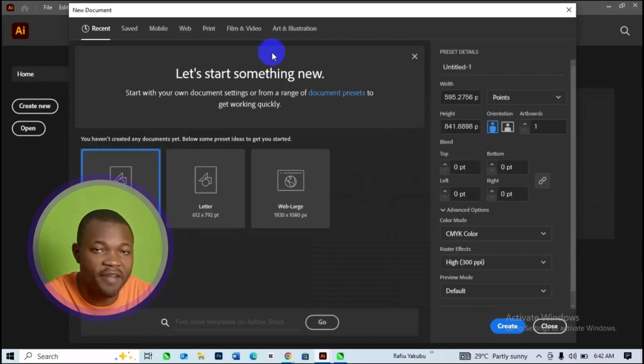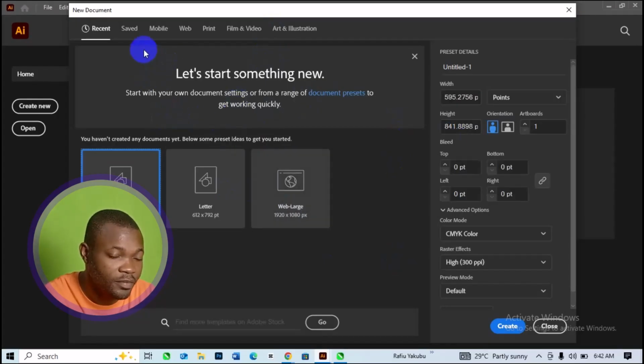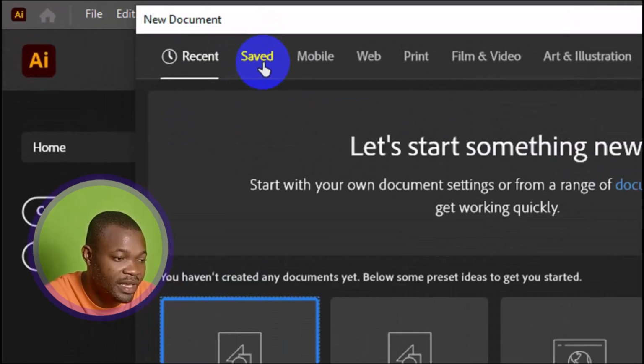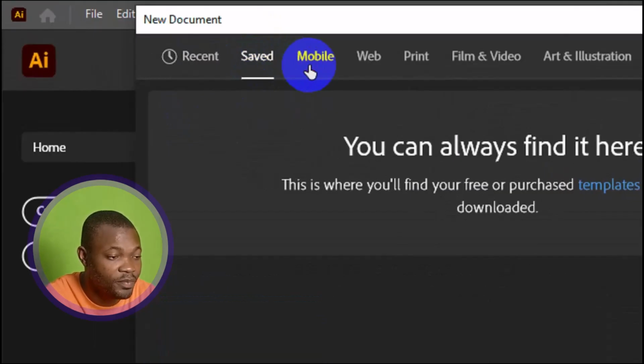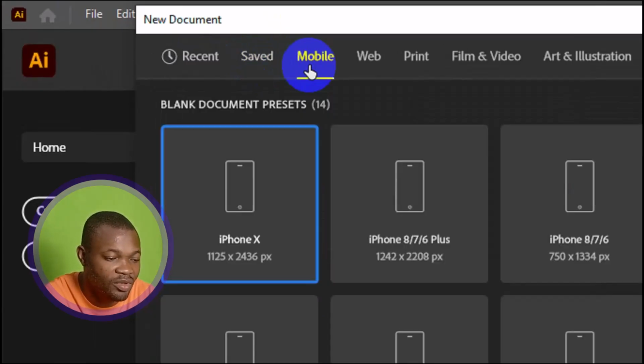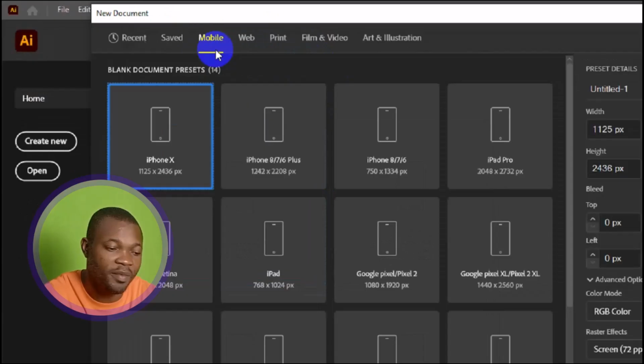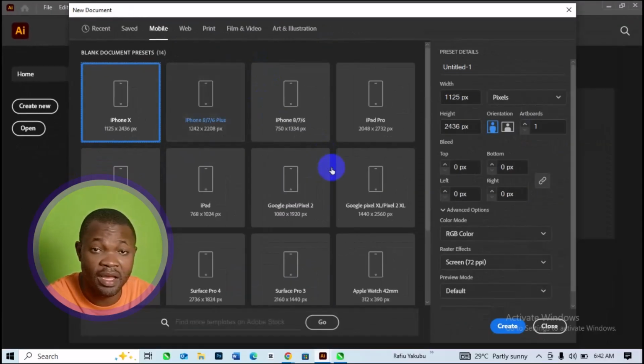Then here you go. You have different templates right here. From the top right here, you have some of the saved templates from these particular sections, or better still, you have mobile templates. If you want to design an app in Illustrator, you have mobile templates right here. Under the mobile template, you have different types of room formats that have already been in the custom template